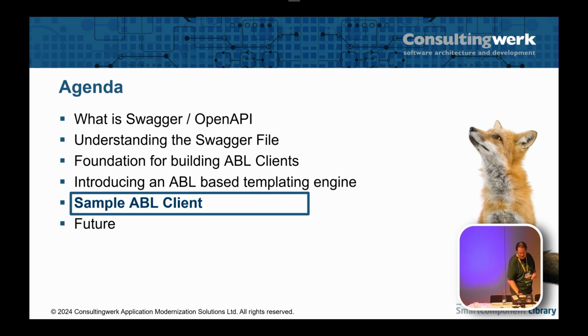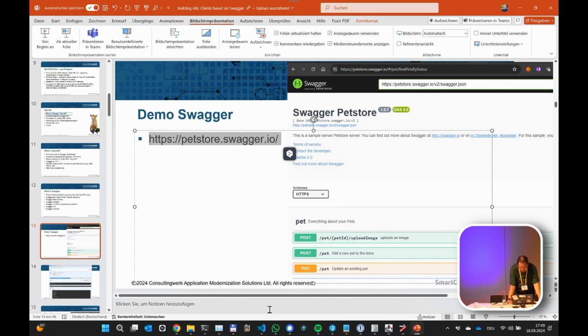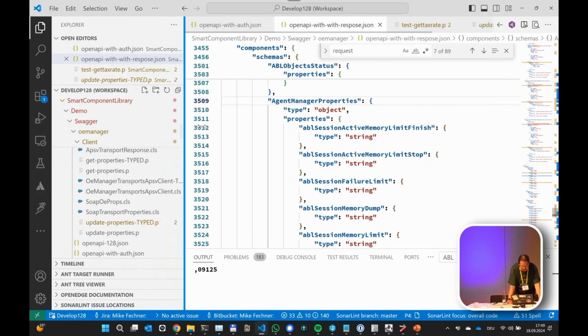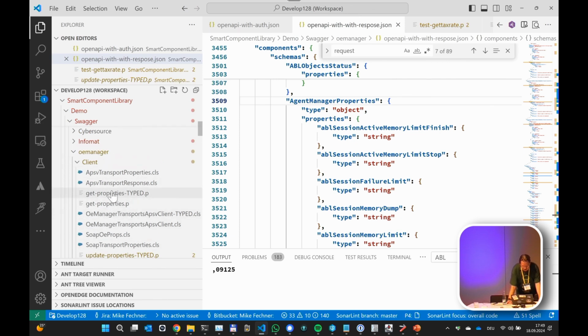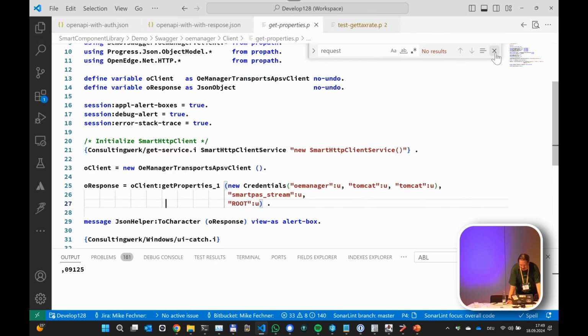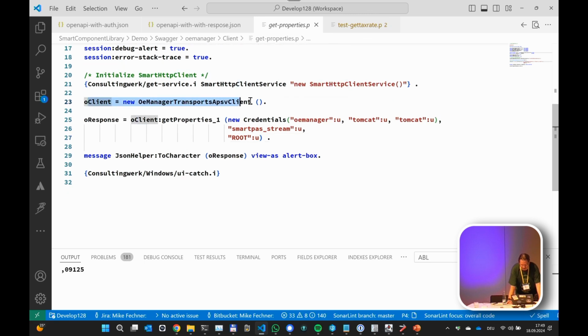So now let's look at how we can use the generated code. Let's start with the OE manager, because we've been talking about that so much. That's a simple .p file that after some initialization just creates an instance of an ABL class, which we named here OE manager transport APSV client. It's a class that contains, I think, 2 properties. If I look into that,